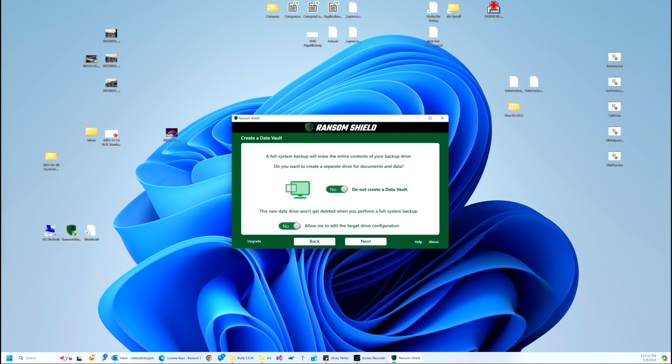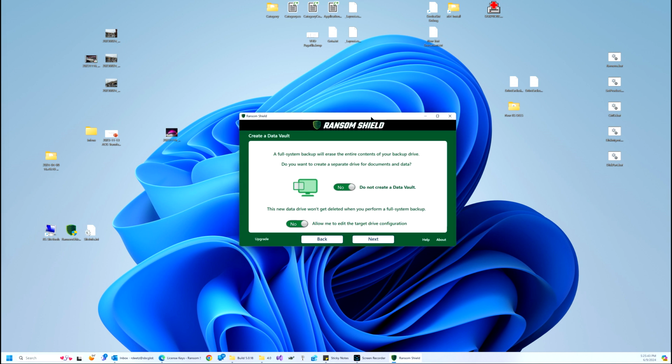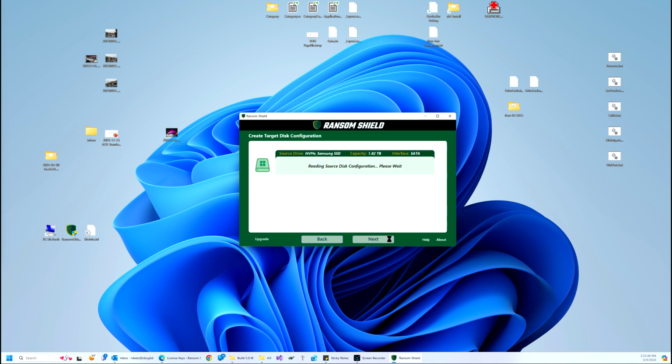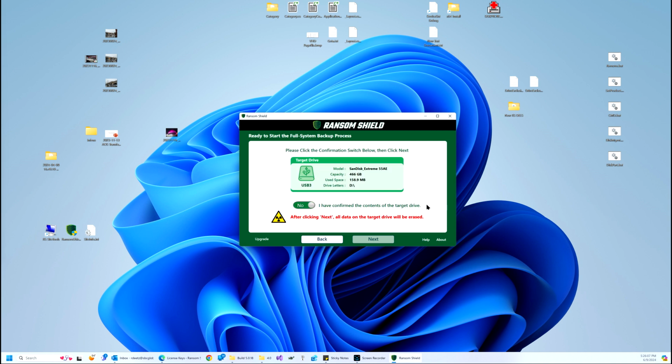So for the purposes of this video, we're not going to select to create a data vault. We'll just click next here. And the software is sizing up both the source and the backup drives. And now we're prompted to go ahead and start the first backup. So if we click yes and click next,